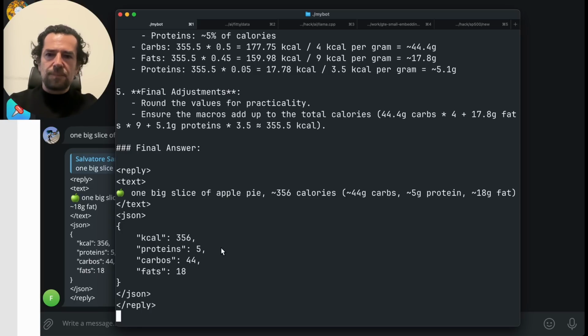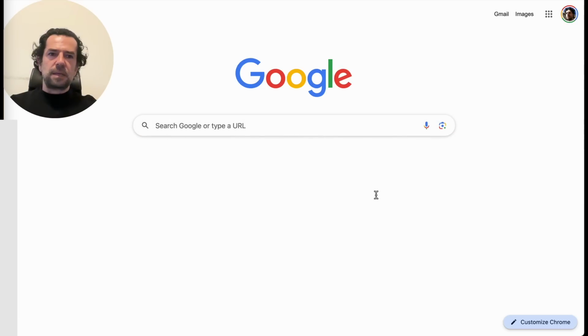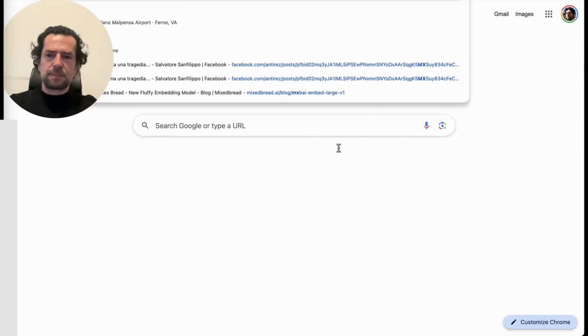This is correct. This is correct, yes. Okay, it approximates, which is good. The emoji used is not the best. Sometimes it uses the pie emoji, which is more interesting. Let's try. Oh, an important thing is I'm using this MXBai